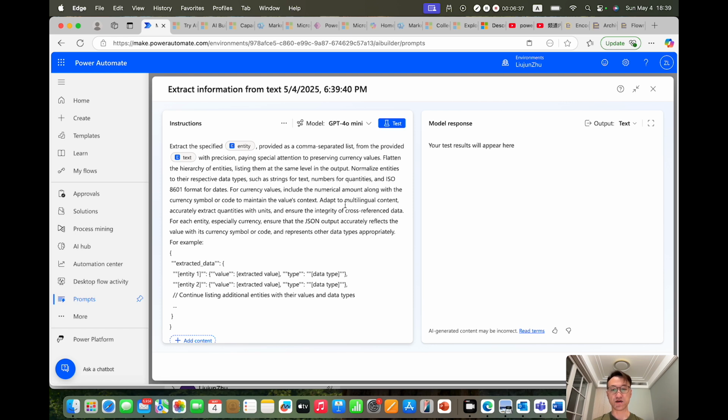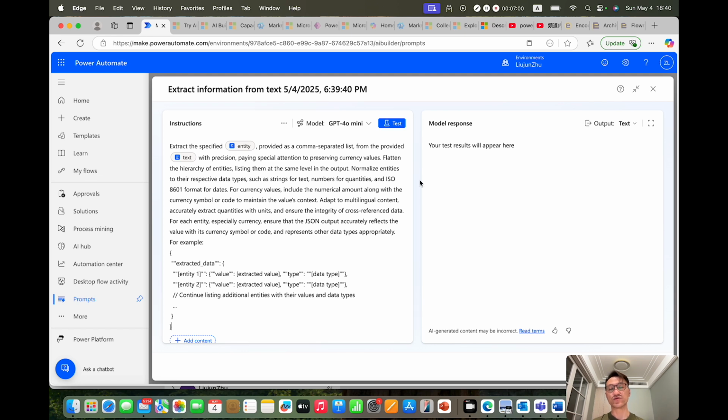It's quite comprehensive. Basically, extract specific entities provided as a comma separated list from provided text with precision, etc., right? So for our case, probably we don't really need that much information. So probably we need to rewrite this